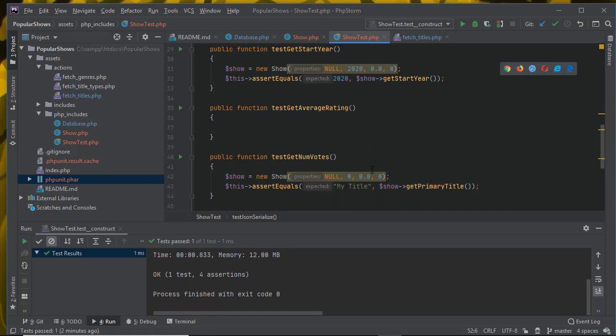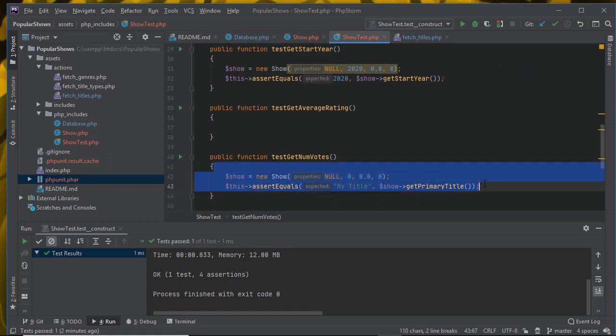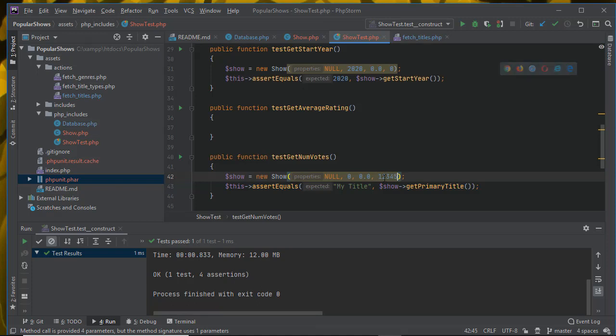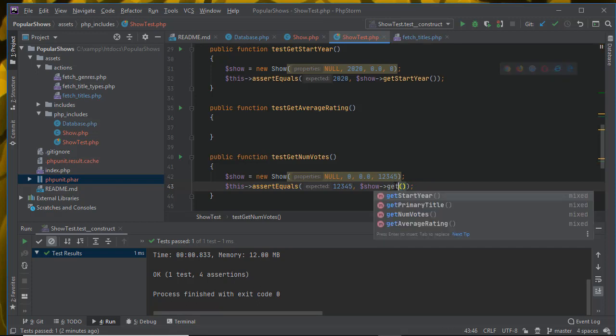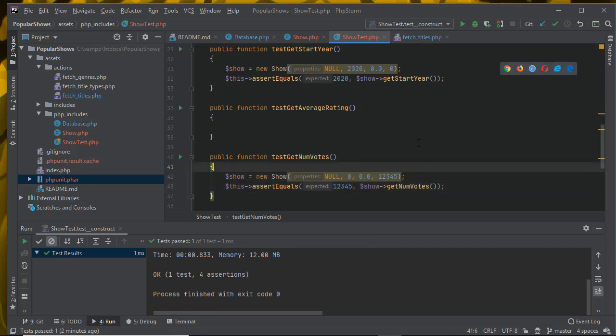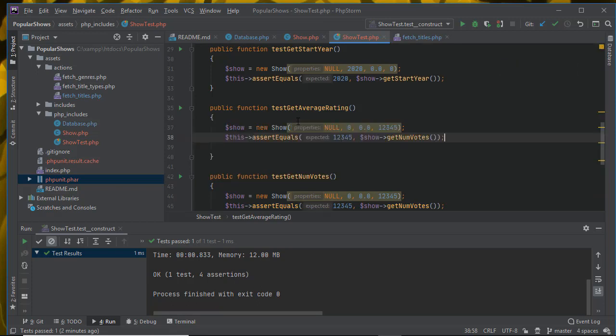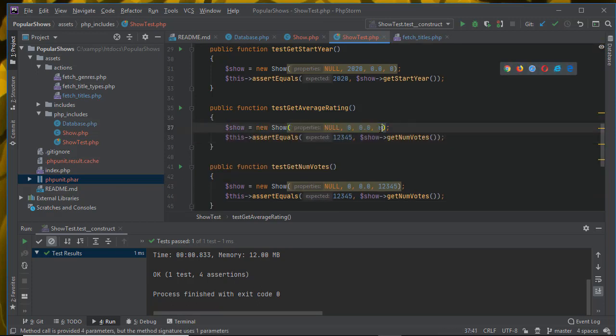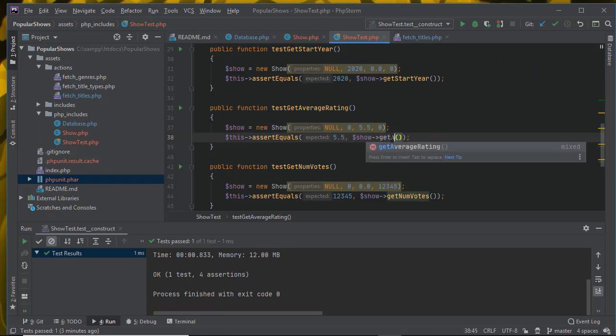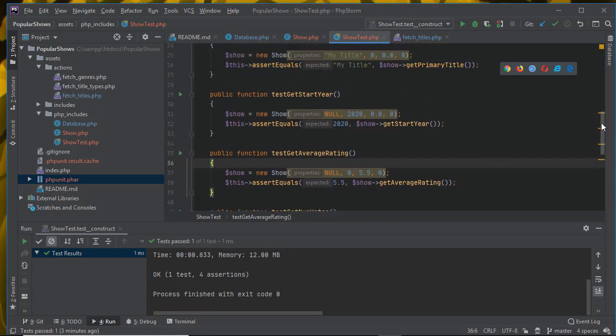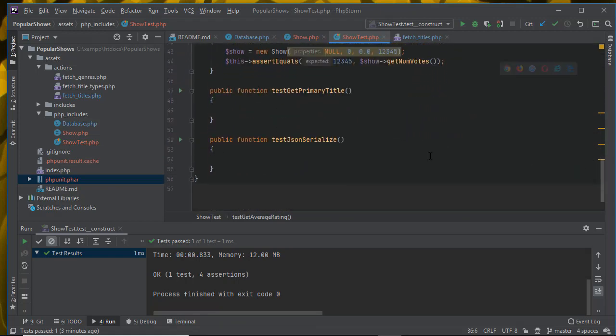Not a huge difference, but this one's num votes, so that's going to be 1, 2, 3, 4, 5. And 1, 2, 3, 4, 5 is num votes. And then average rating is going to be 5.5. 5.5 is going to be get average rating. And then